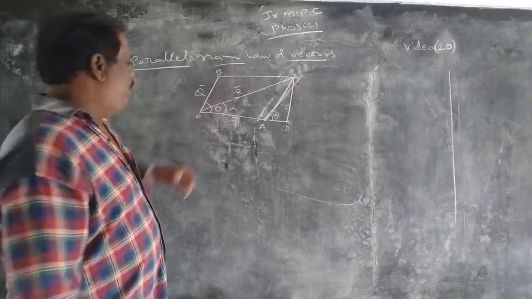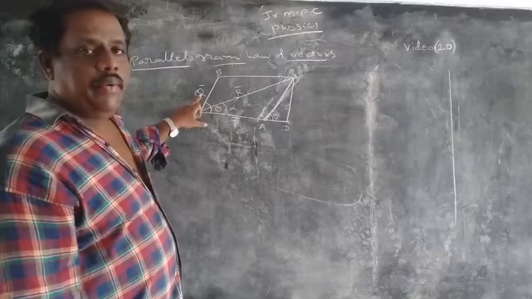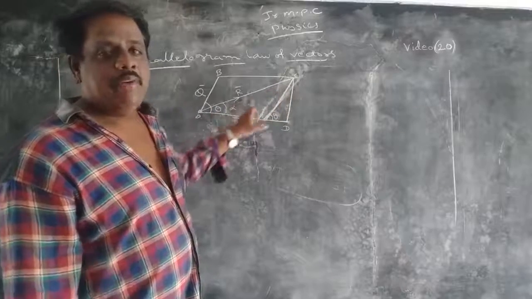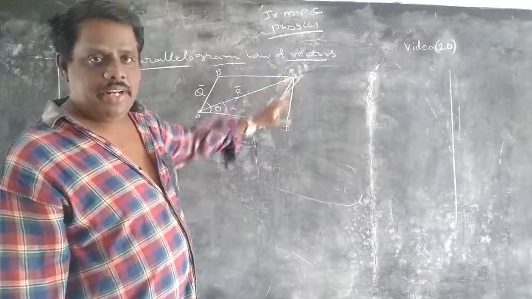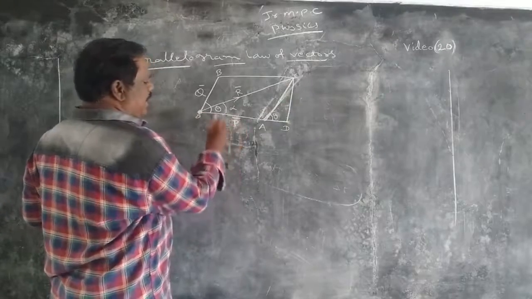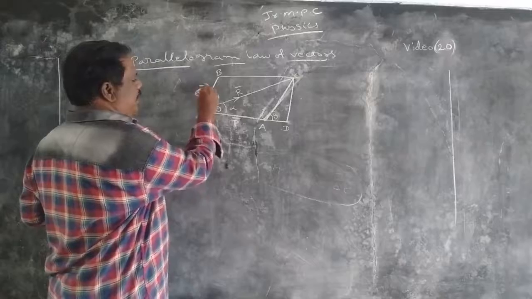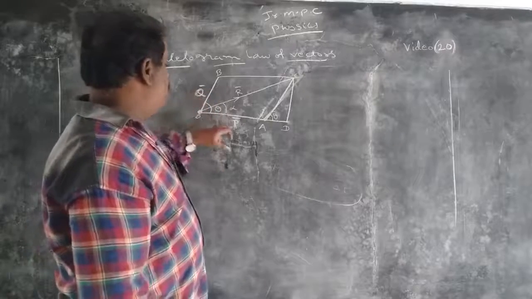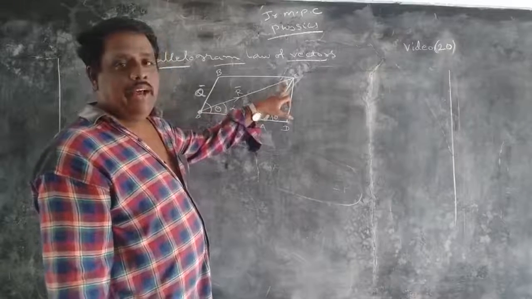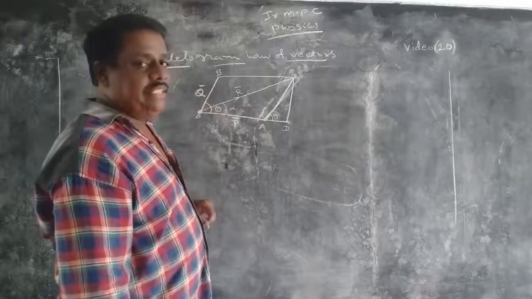So, the definition: if two vectors, let us say P bar and Q bar, are acting at a point, then the resultant will be acting along the diagonal of the parallelogram, in both magnitude and direction. They should be drawn from the same point. Here P bar is acting horizontally, Q bar is acting vertically. These both are acting at a point, the origin O. Then the resultant will be acting along the diagonal of the parallelogram, in both magnitude and direction. They must be drawn from the same point.